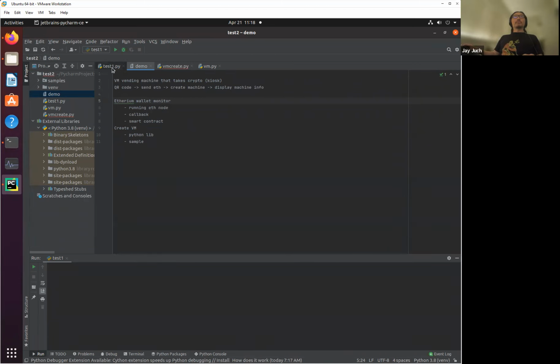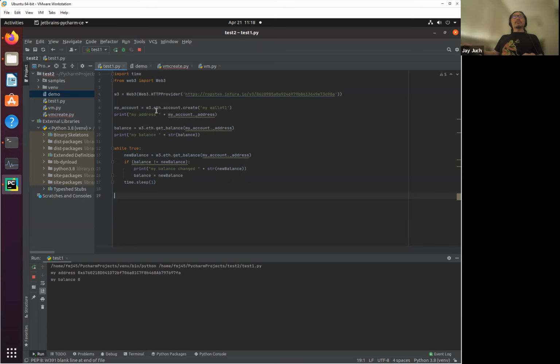So let me just fire this up. What happens in this script is, as you can see, it's really small. The first thing it does is it connects to the test network. So that's the other thing. You might have wondered, are you testing with real funding? No, I'm using Ethereum's test network. The nice thing about the test network is it's just like the real network, except it's kind of like a parallel universe almost, where